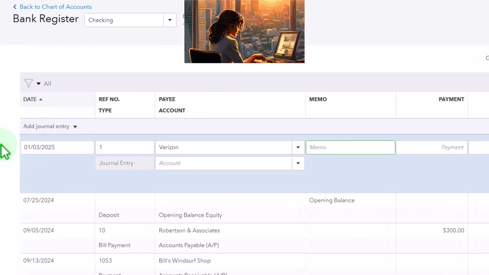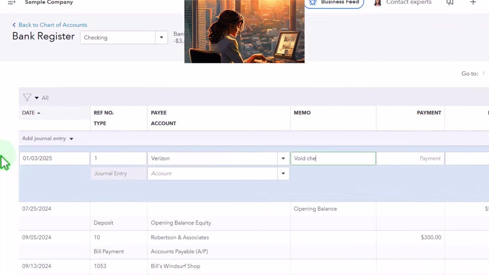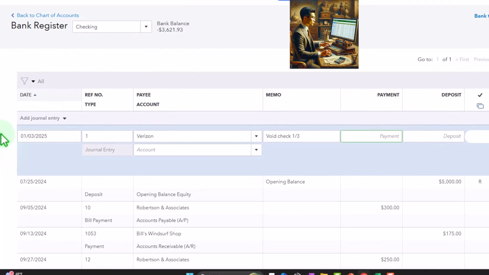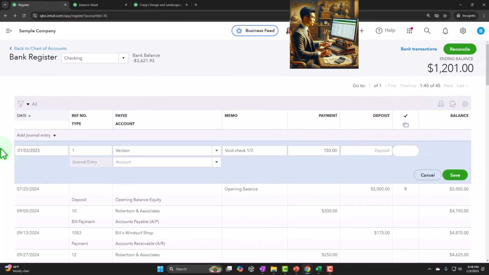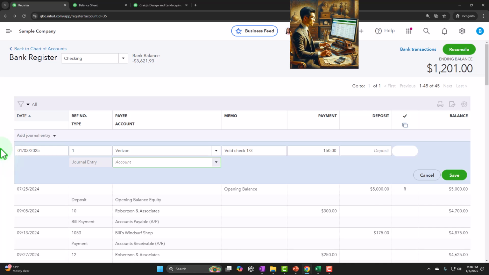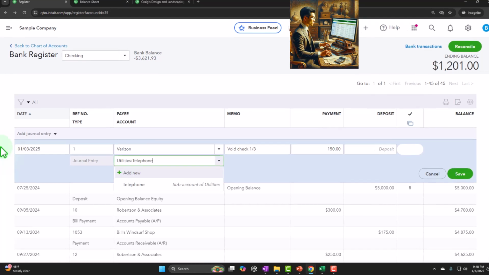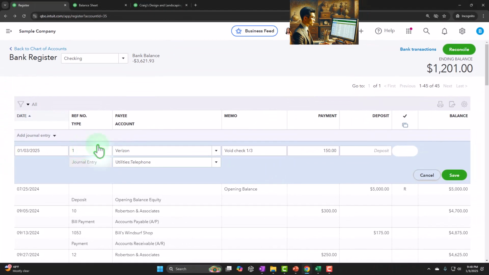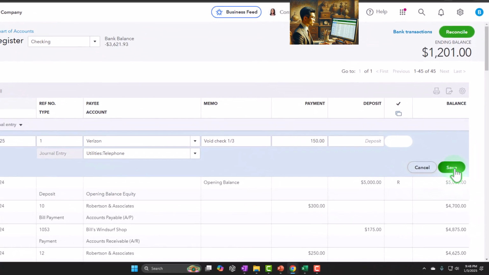and boom, memo, void check, and then I'm going to put it back on the books for, what did I say it was? 150, I think it was. Let's just do the 150, and then it's going to go into the telephone account. So now we just put it back on the books with a journal entry. Let's see what that does. If I save that